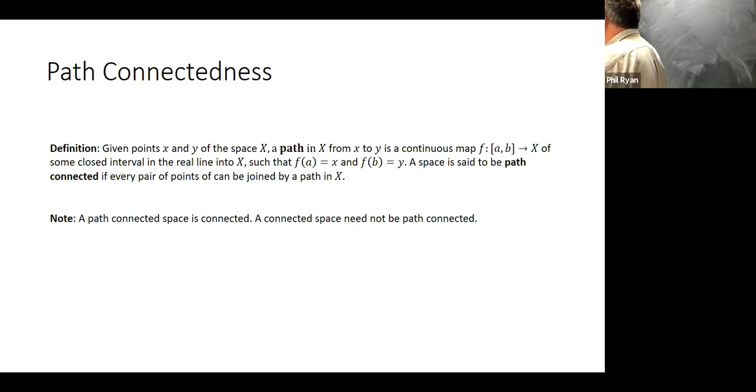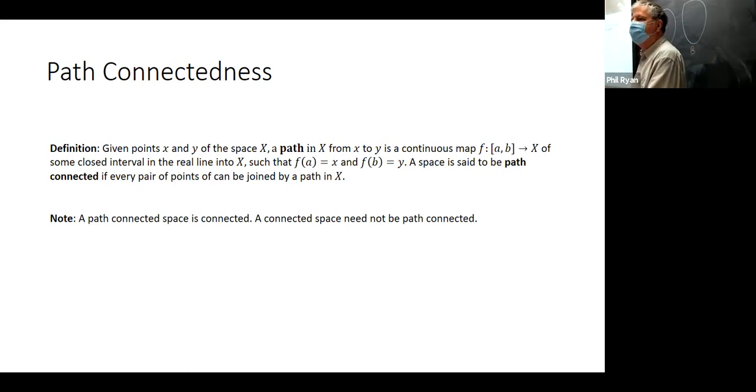So let's start off. Let's say we have a path connected space which is not connected. So that means we have a separation A and B. What's the natural thing to do? Take points in each of those and draw a path between them. Yep. And something about continuity is probably